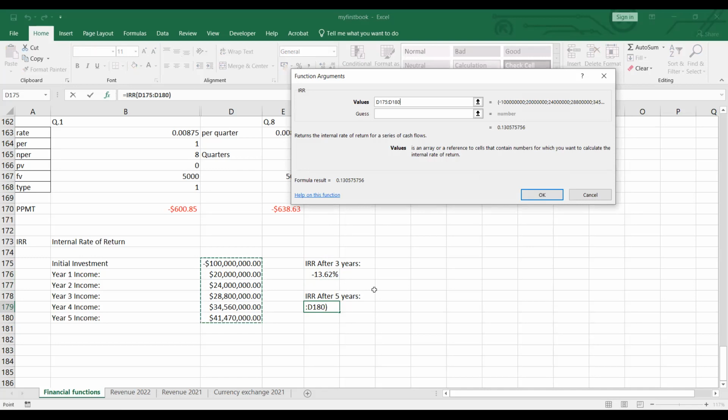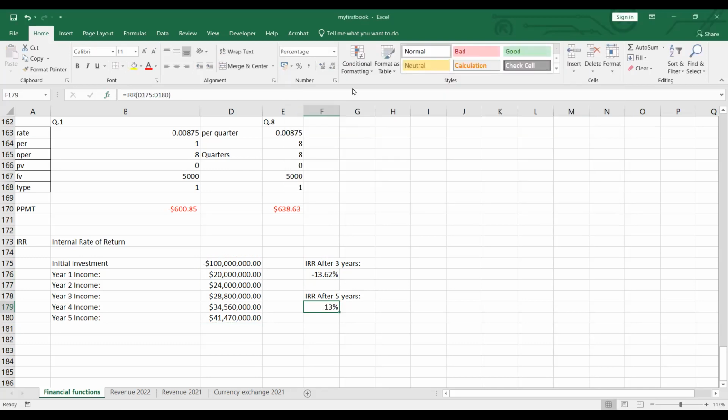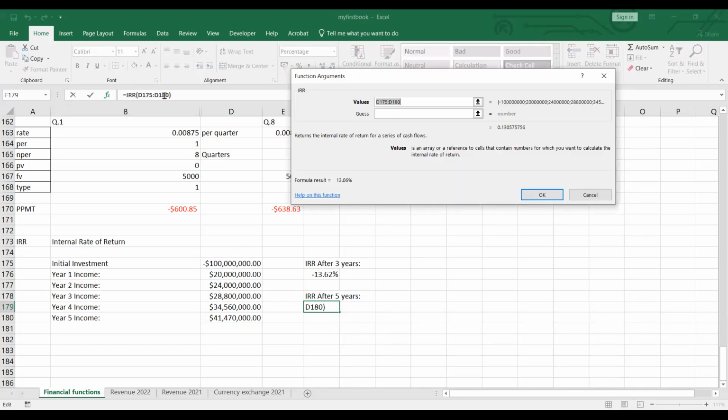0.05% or 0.1305% in here, so now you can see that it becomes positive already, and the IRR is just like 13%. That means if you would like to promote your company for the investors or for selling this business, after 5 years it should be good. When people ask you what the IRR is, you can tell them that my company has an IRR of 13.06% after 5 years, so everyone knows it's a standard